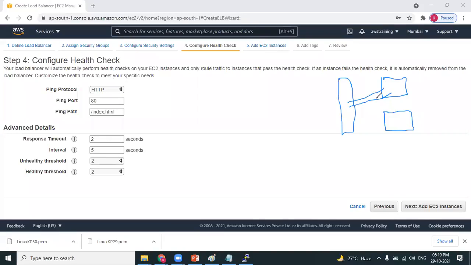What is healthy threshold? It's the same idea with the value 2. We have troubleshooted the problem, and now the EC2 machine is working fine. So as usual, every 5 seconds it will send the request, and as the problem is fixed, you get the reply. The first time it is replying, it will not immediately declare it as healthy. As you have mentioned the value as 2, it will send the request a second time. If the second time also the EC2 machine is responding, now the EC2 machine is very good, and it will declare it as healthy back. Clear, Balamurugan? I am clear about all these values: response timeout, interval, unhealthy threshold, as well as healthy threshold. Yeah, I'm clear.